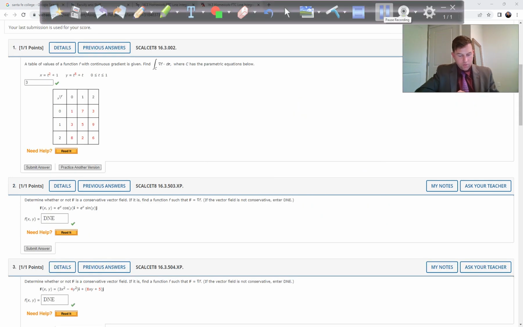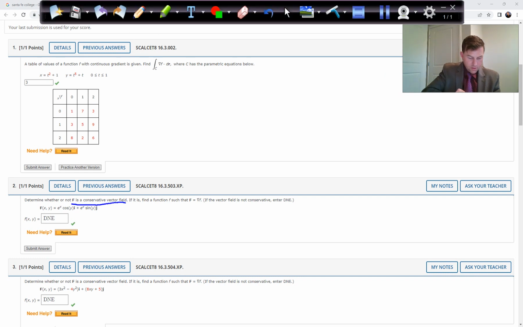Okay, for problems 2 and 3, they're the same. So they're asking to determine whether or not F is a conservative vector field. Okay, so F of x, y is a conservative vector field,